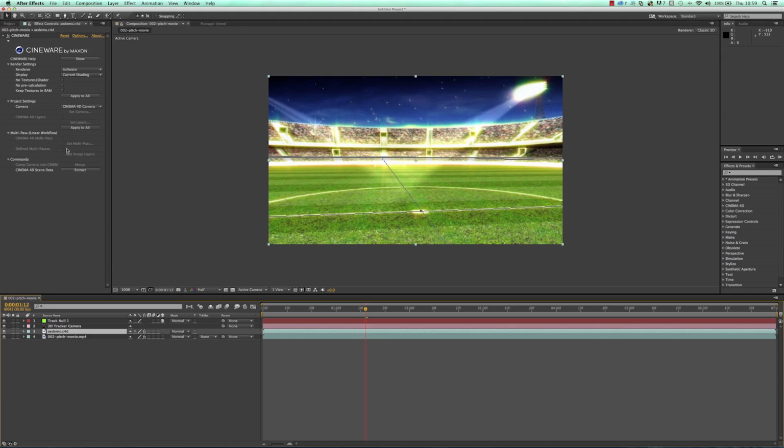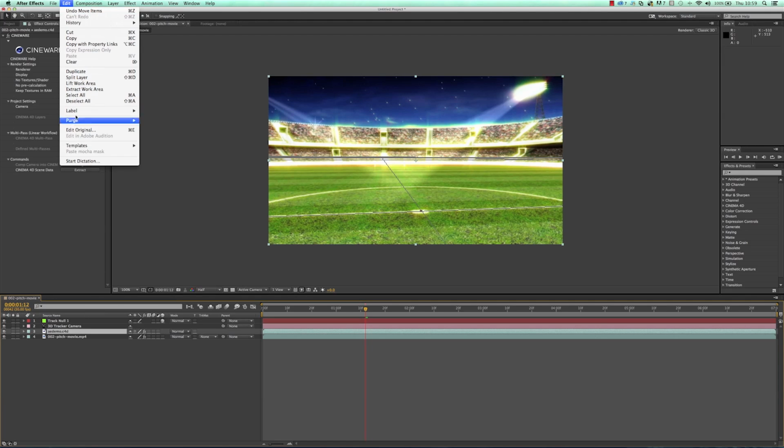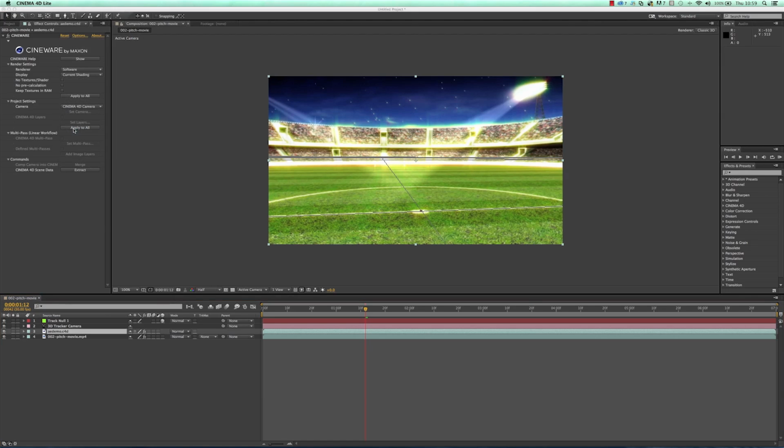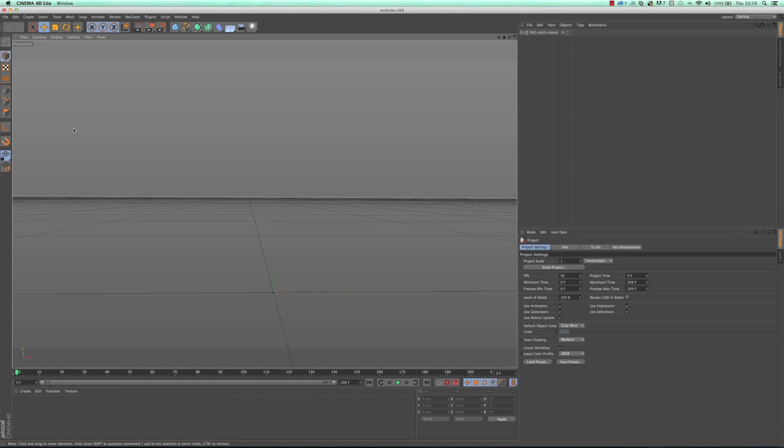Well, it's the same process as pretty much anything like a PSD file. You make sure the layer is selected, and you choose Edit, Edit Original. And that will then either load it into Cinema 4D Lite if you don't own Cinema 4D already, because that's installed with After Effects CC, or if you have a version of Cinema 4D, it will load that one, or you can choose. So that's up to you. So we're now inside Cinema 4D Lite.